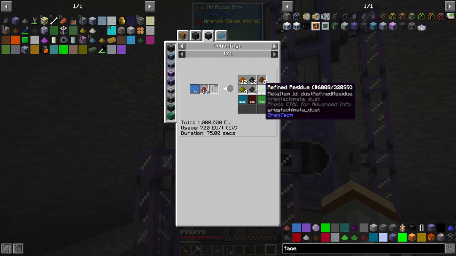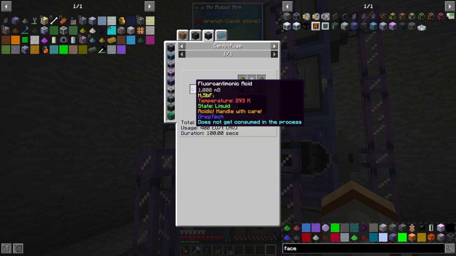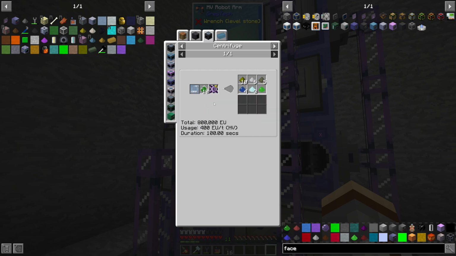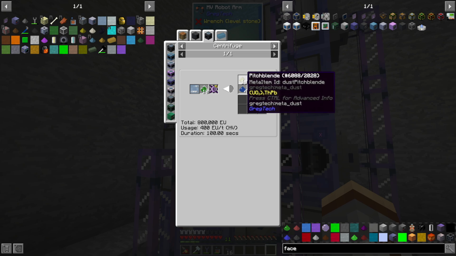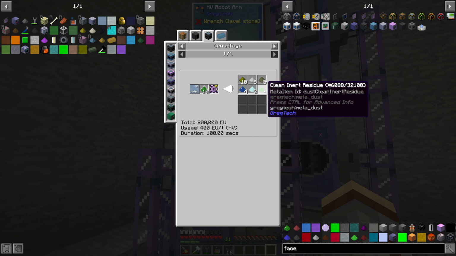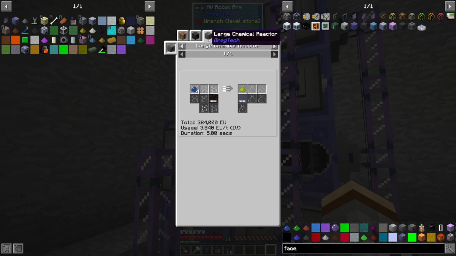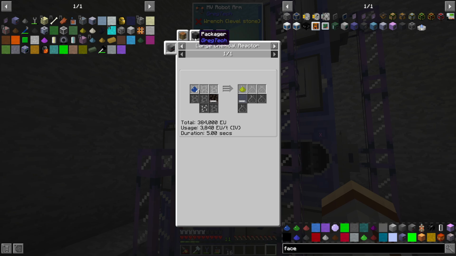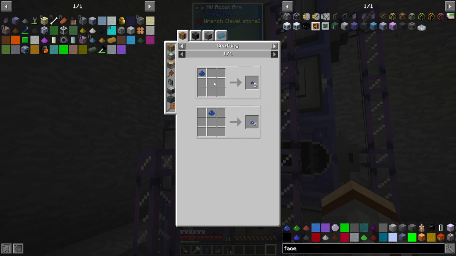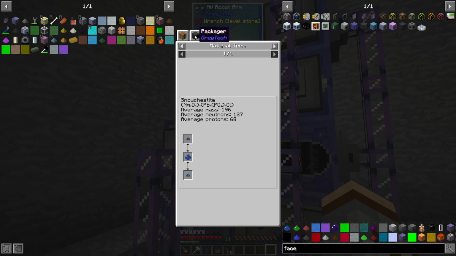Anyway, so the refined residue, we're gonna get that, and now we need a wyvern core, fluoroantimonic acid, and the residue there. And from here, we're gonna get pitchblende, borax, rare earth, clean inert, diamond, and snow chestite. Which that means we're gonna get, well, we'll have more pyromorphite, I guess. There's nothing there. I thought that was a different thing, actually. I thought that was Kaemanite or something for a second. Anyway,